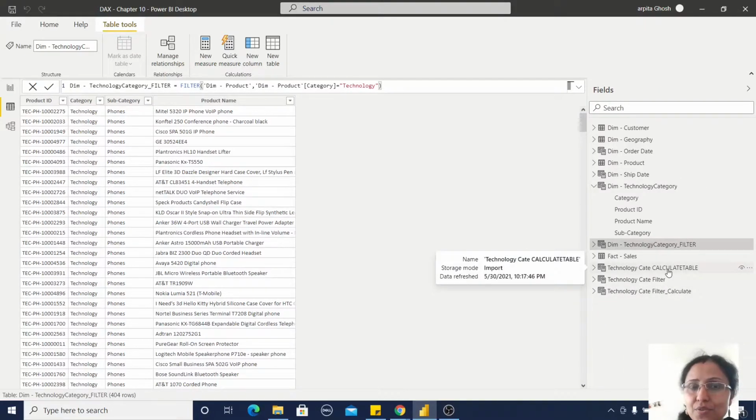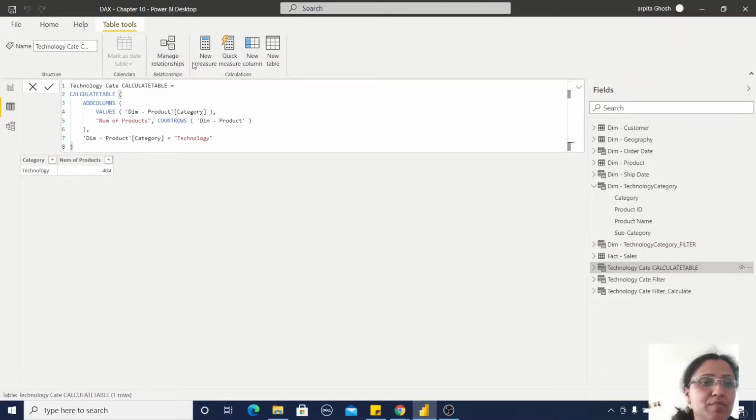I have created one technology category table using the CALCULATETABLE function. Here you can observe I have created this CALCULATETABLE. Within that CALCULATETABLE, ADDCOLUMNS. We all know what ADDCOLUMNS is. It will add a column in the table structure. What values will it consider?